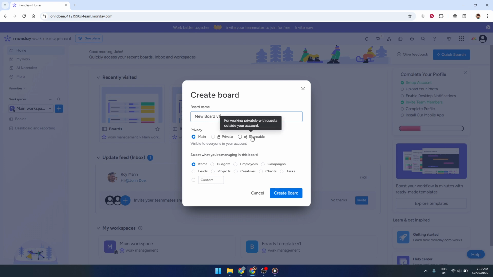Right below the name, you'll choose the privacy level. A main board is visible to the whole team in that workspace, which is great for shared projects. A private board is only accessible to specific people you invite, useful for sensitive information or early planning. A shareable board is designed for collaborating with external guests, such as clients or partners, without giving them access to everything in your account. Pick the option that best fits who needs to see and use this board, then confirm